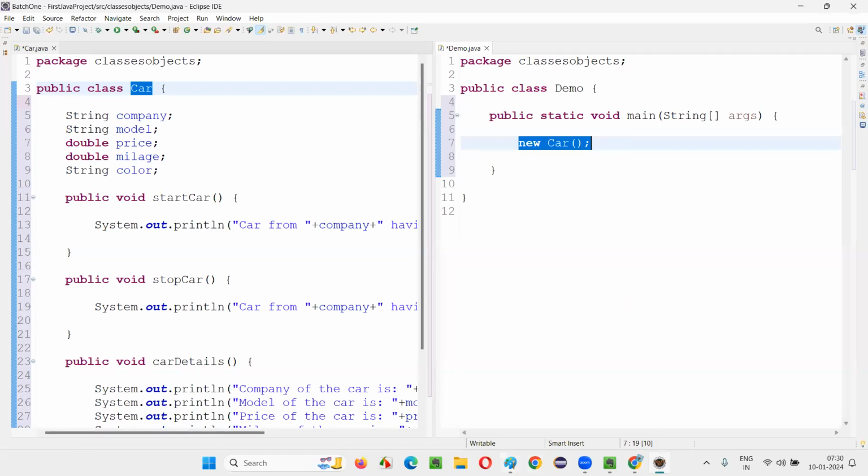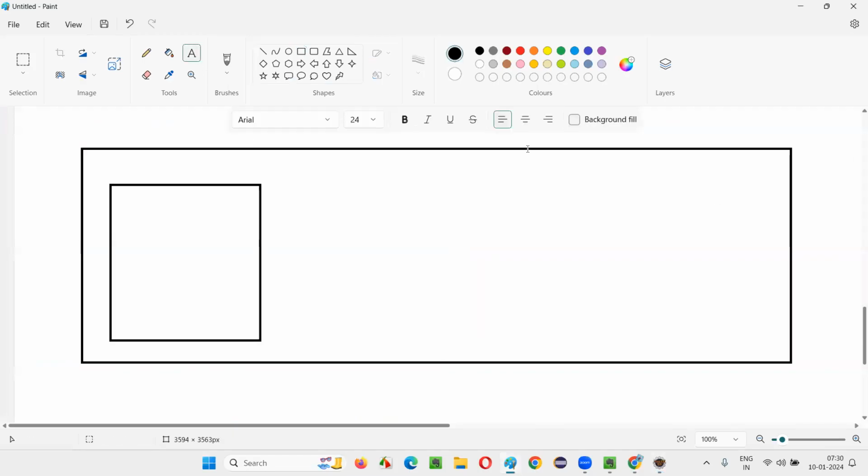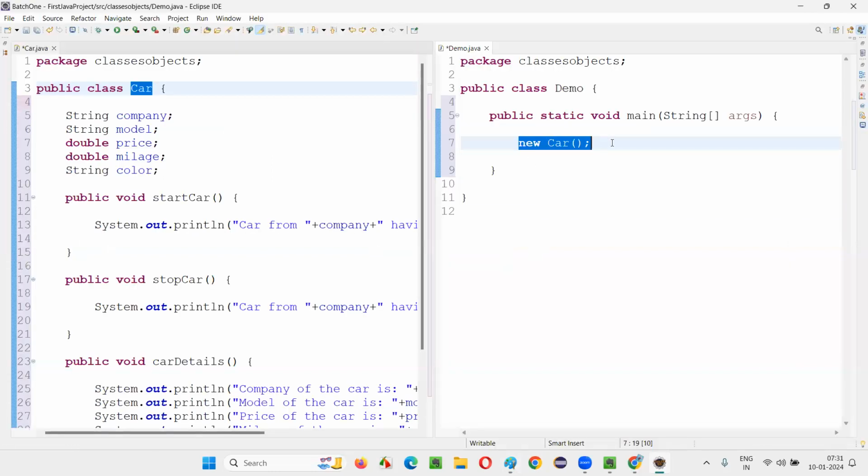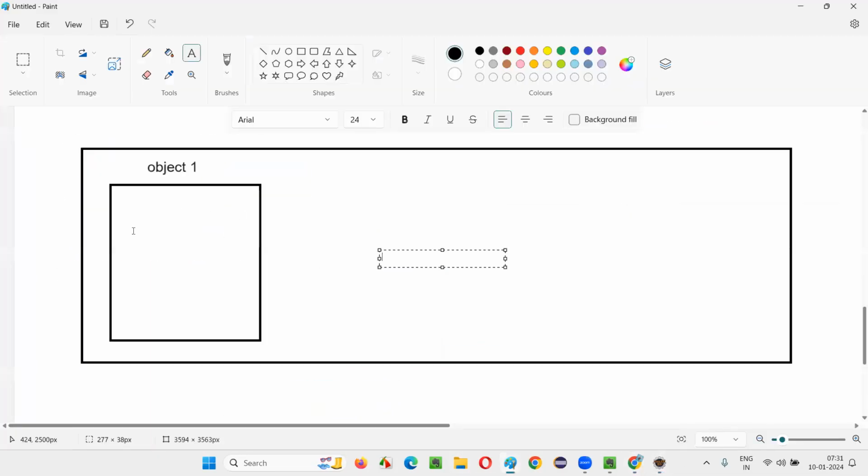The moment I create an object in the computer memory, some memory will be reserved for the object. So I'll say object one for now. Some memory got reserved for this particular object one. Now, similar to variables, in order to refer to this memory location, variables are nothing but the name given to the memory location where the actual data is stored, right? Similarly,